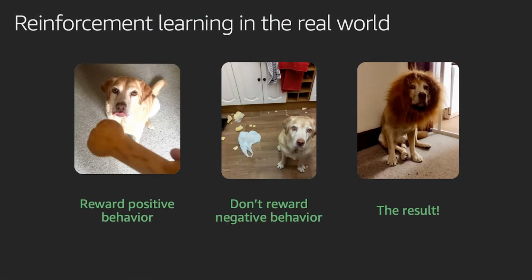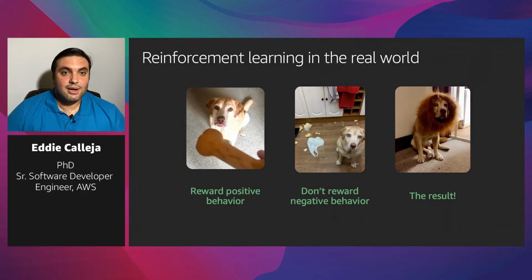Think of a pet. If you have a dog, you want to reward that dog when it does something well. So when it does a trick, you give the dog a treat. And that's positive reward. And now when the dog does something naughty, like this one over here, it seems to have torn up a bag or something, then you don't give it a reward. You withhold the reward because that's bad behavior. We don't want to incentivize the dog to have bad behavior.